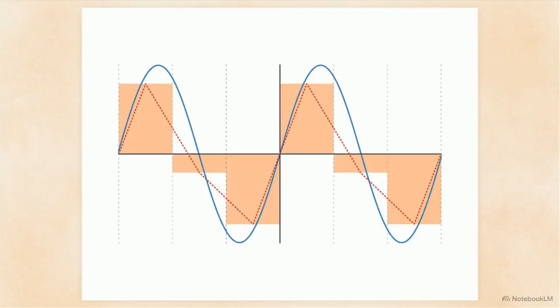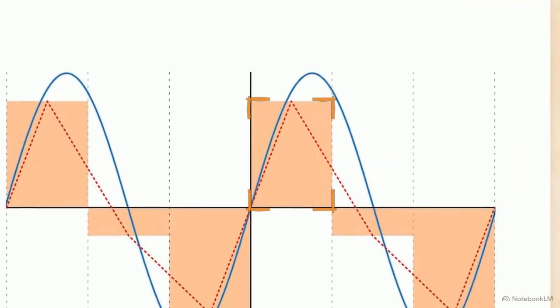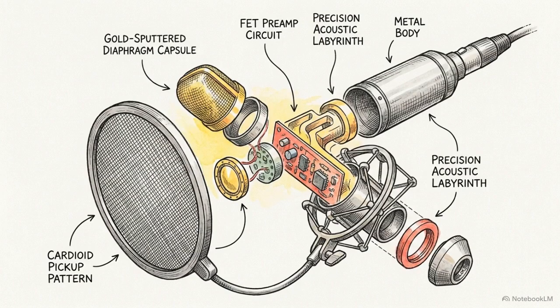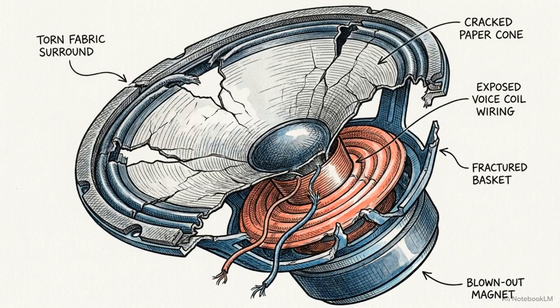This diagram shows that exact relationship. You can see the flowing blue curve of the original sound forced into the rigid orange blocks of the digital world. Each block is one specific, exact choice on that vertical ruler. Having those 65,000 choices is what prevents rounding errors. It's the reason high-quality digital audio sounds clear and natural, instead of sounding harsh, metallic, or broken.